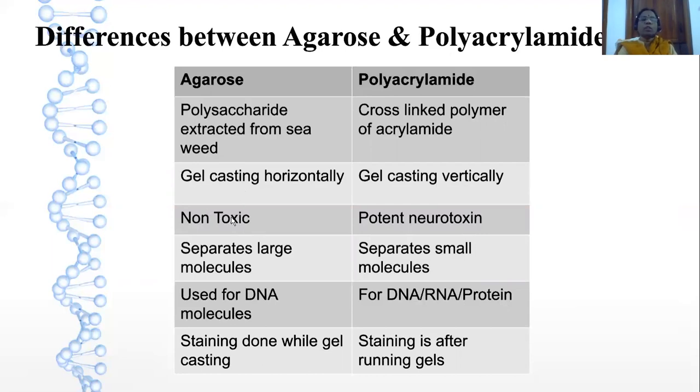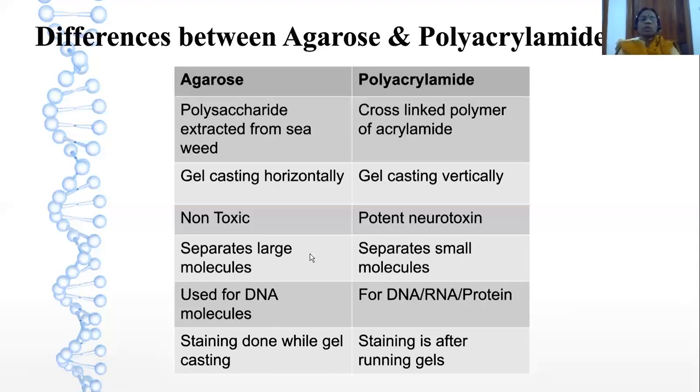As I just mentioned, agarose is non-toxic, but polyacrylamide is different. This acrylamide chemical compound is a potent neurotoxin, so one has to be very careful in handling the acrylamide. It is always advisable to use disposable gloves. Agarose gel facilitates the separation of larger molecules, so I would say the separation of DNA molecules. We can talk about genomic DNA, but if one is interested in separation of genomic DNA using polyacrylamide gel, that becomes difficult.